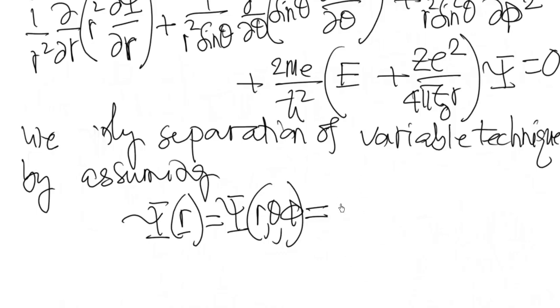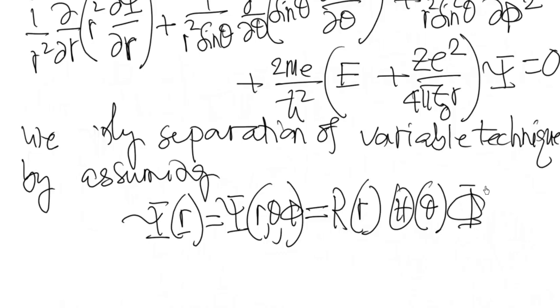One is capital R, which depends on small r, then capital Theta, which depends on theta, and capital Phi, which depends on phi. Okay, so if this psi is substituted here in this Schrödinger equation,